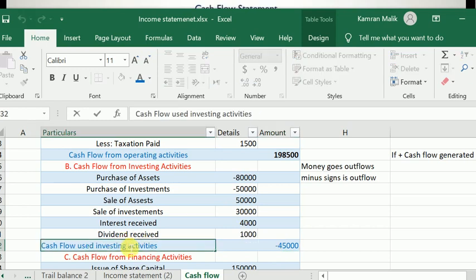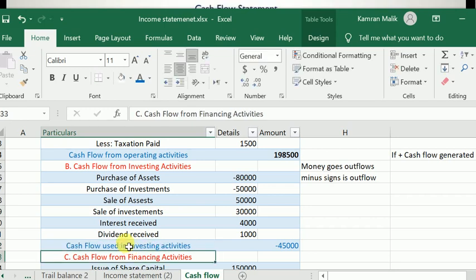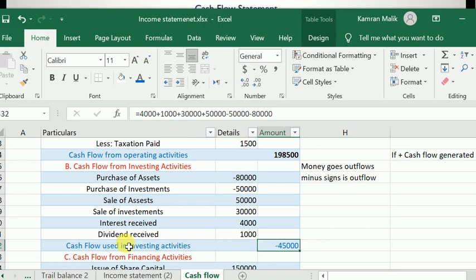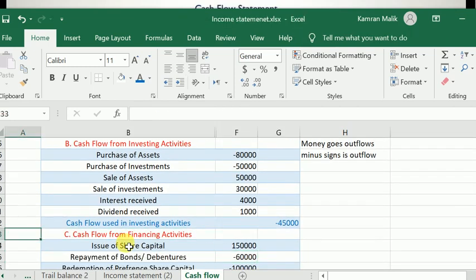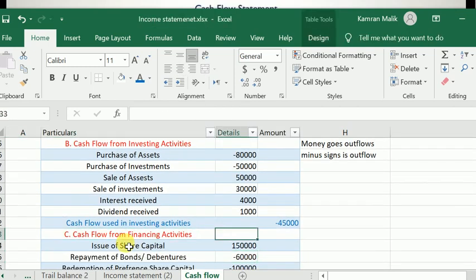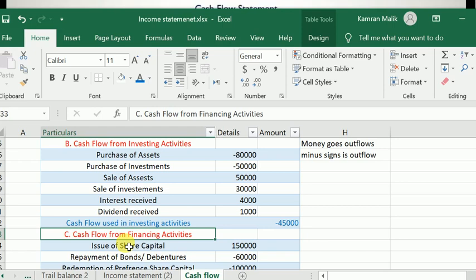I have forgotten to write it in investing activity, because we have used it and we are on the minus side. Now the last part is the part for cash flow from financing activities, which is a very